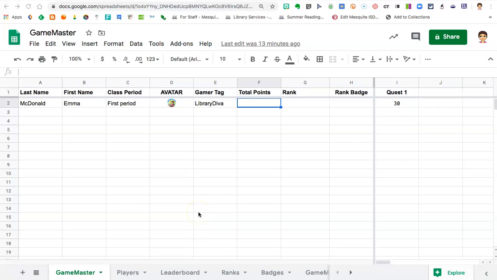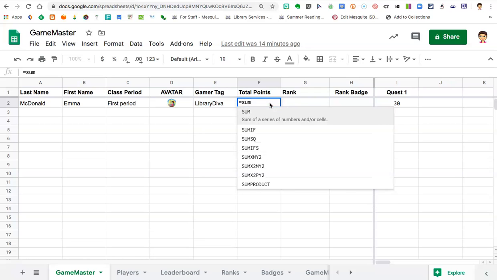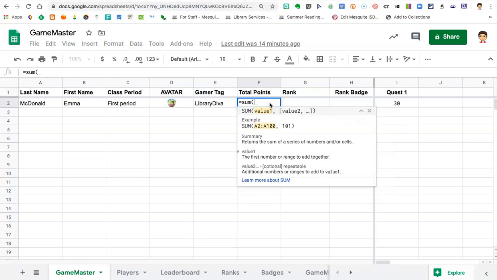The sum formula is one of the basic functions that you will use to total points for students. As you can see, here is Quest 1, and this information is being pulled in from another sheet, the Quest 1 sheet. And now I want to add it plus all of the other ones that will be entered in J, K, L and so forth. To sum those together, I click equals, then type the word sum, parentheses, and now I